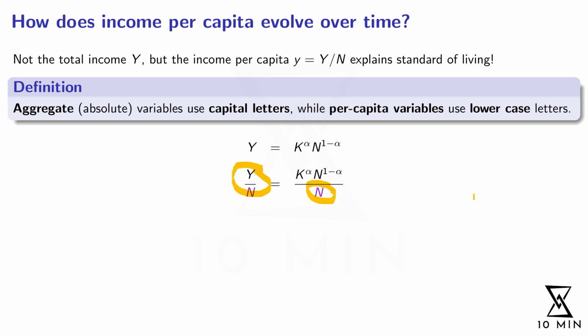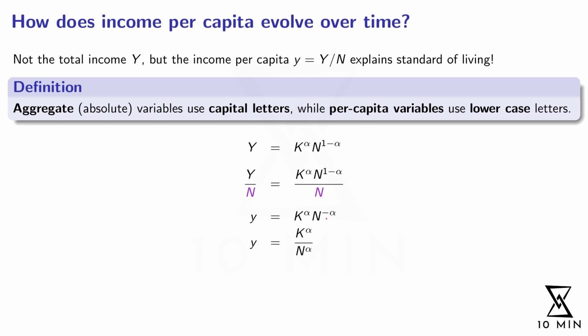And now we use a little trick. Instead of dividing by N to the power 1, we can also write in the numerator times N to the power minus 1. So this here is gone, and in the numerator we now have N to the power minus 1. And now you have in the numerator N to the power 1 minus alpha times N to the power minus 1. So we can simply add the exponents. We have here 1 and here minus 1, and these two cancel out. And we are left with N to the power minus alpha.